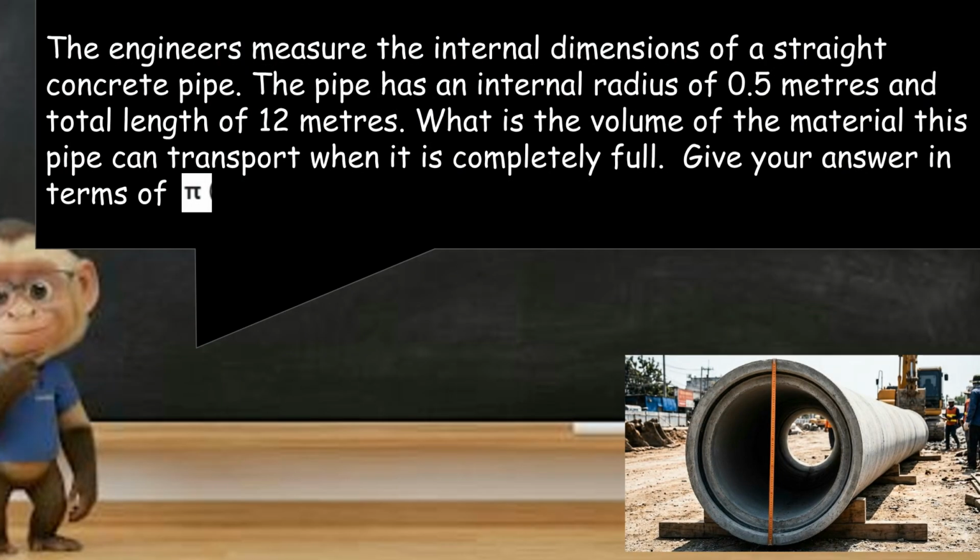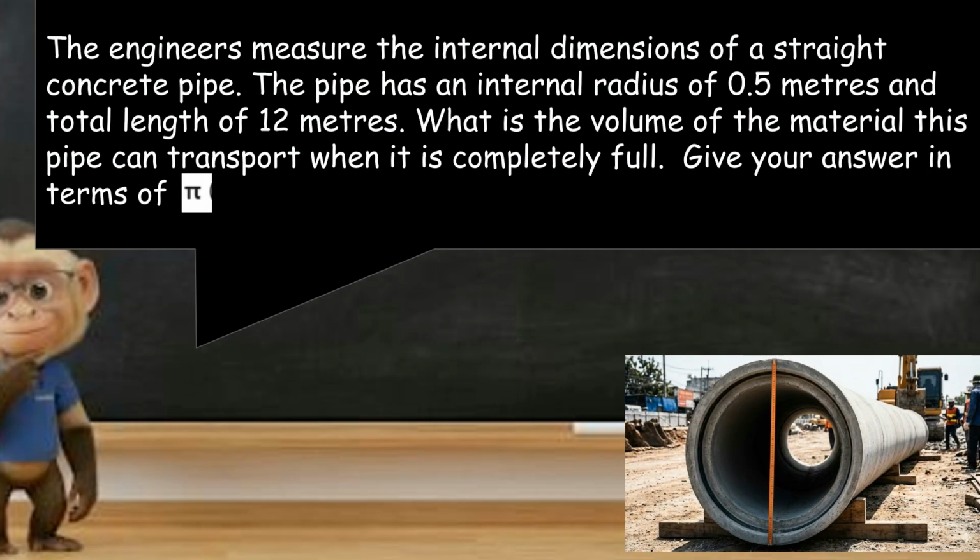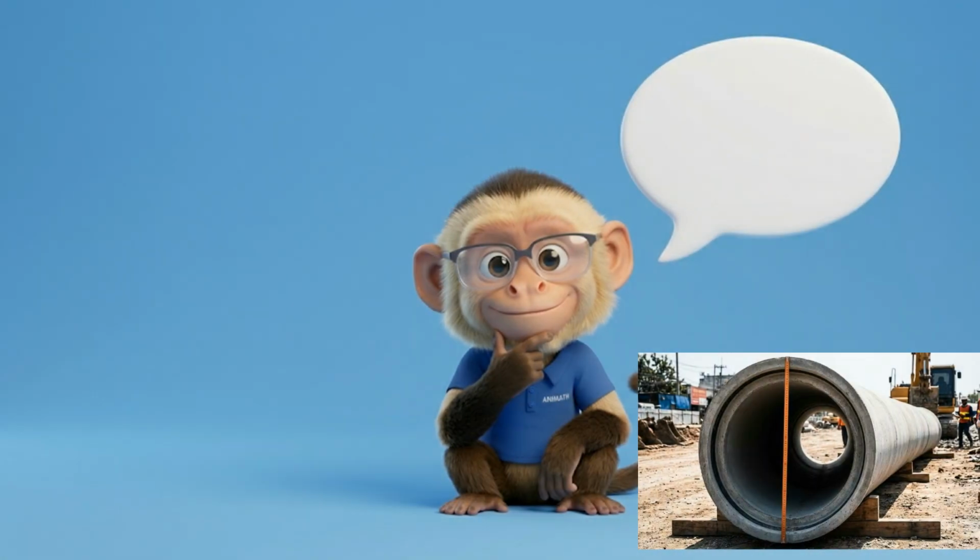Let's move on to the next problem. The engineers measure the internal dimensions of a straight concrete pipe. The pipe has an internal radius of 0.5 meters and a total length of 12 meters. What is the volume of the material this pipe can transport when it is completely full? Give your answer in